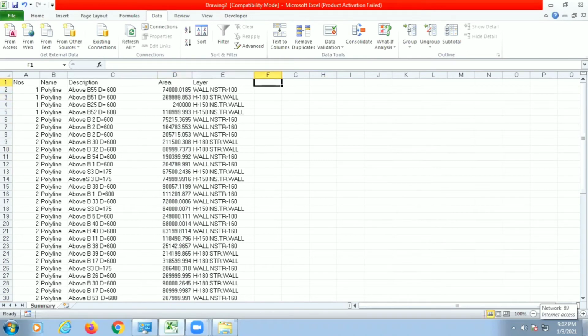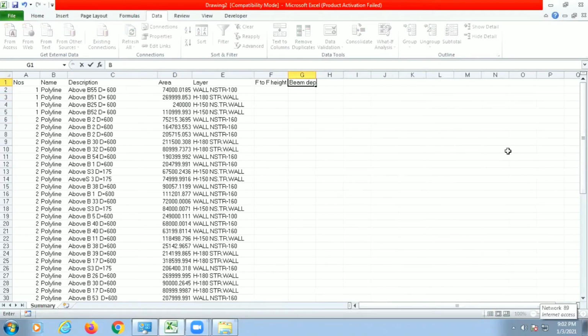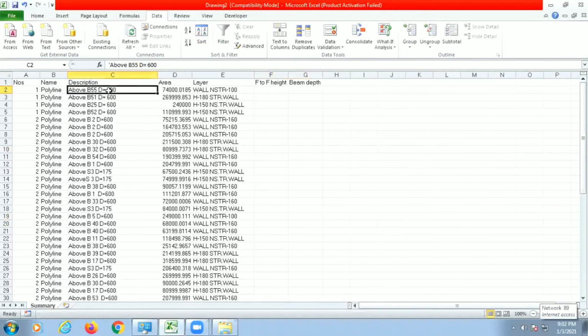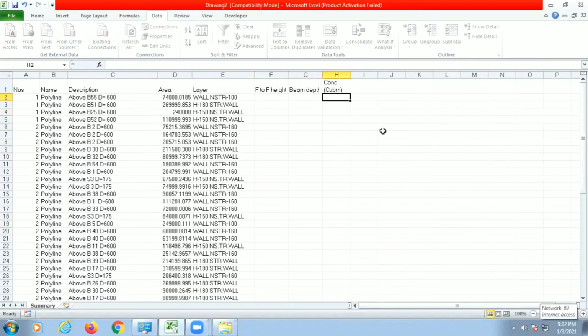So now what all things we require additionally is, first, floor to floor height. Then we require beam depth because our NSW will run from slab top to beam bottom, so we will require this beam depth. This was the reason why we added depth in our description. And next will be our concrete quantity in cubic meters.